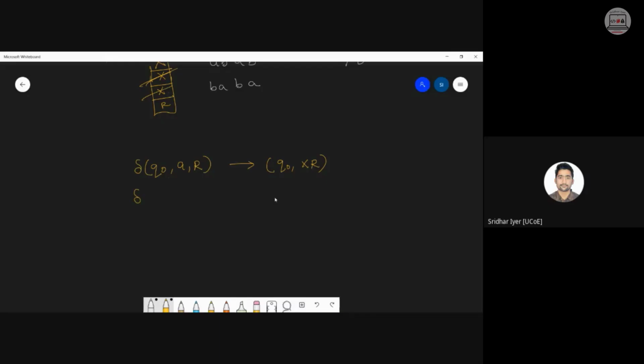Now have a look at the transition. The string can start from A. Similarly, the string can even start from B. So it could be Q0, B on R also, right? So hence it is going to be Q0 comma YR. Am I clear? The first two steps. As we are starting from here, as I had told you in the previous case, go with the downwards arrow because these are the starting symbols or starting transitions of the problem.